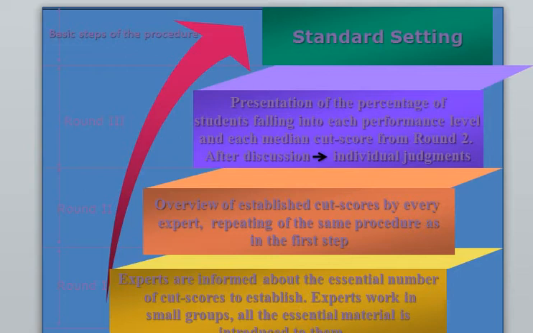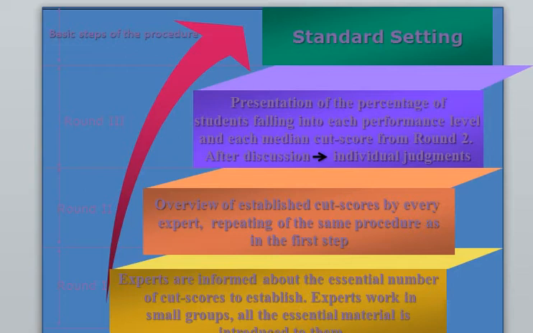In round second, all experts take an overview of the established cut scores. They repeat the same procedure as they did in the previous round, or round first.